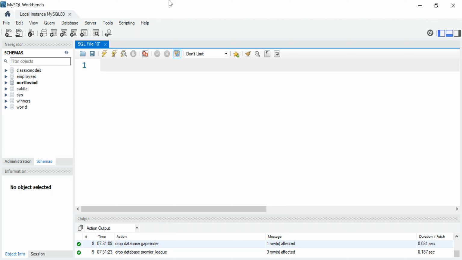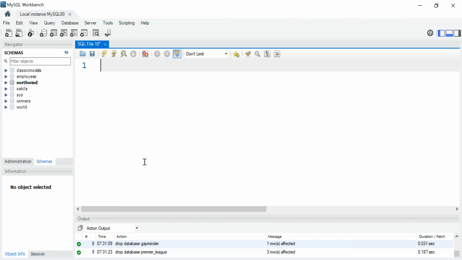So now this is Workbench. My IDE of choice is Workbench. IDE means Integrated Development Environment, and that is where we write code. I'm writing my code against the same MySQL server. So if you are on other IDEs like VS Code, for example, Notepad, any IDE, all you have to do is just make sure that you keep the same writing convention, and you are going to get the same result. But if you are on Workbench, like I am right now,